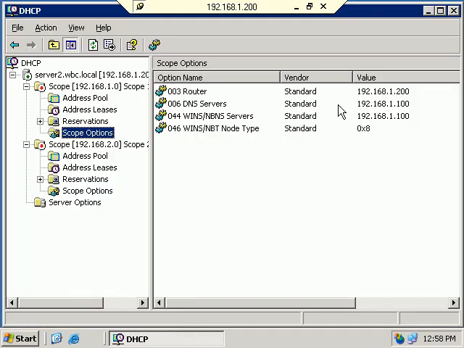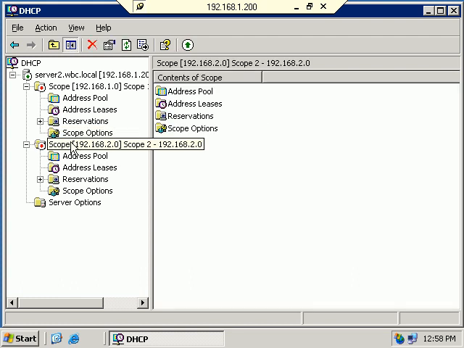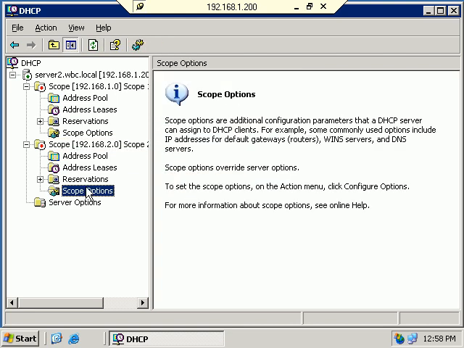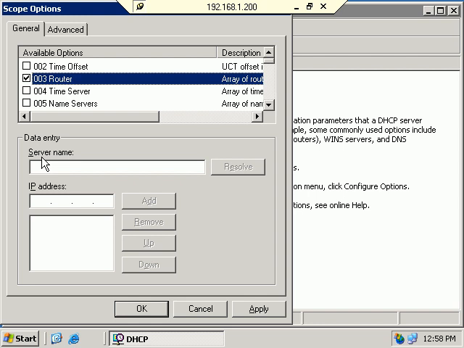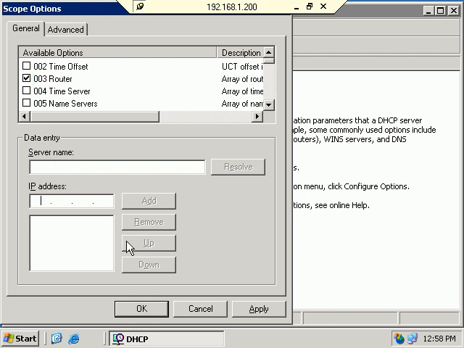Okay, and then we have DNS and WINS pointing off to our DNS and WINS servers, respectively. Now, scope 2 is going to look similar, but we're going to have a little bit of difference. Okay, and the main difference comes right here on the router. Instead of trying to forward to 192.168.1.200, this is not going to work. We're going to have to forward these clients to 2.200. Okay, that's the other side network card, the one that exists on the 2 network for all these 2 network